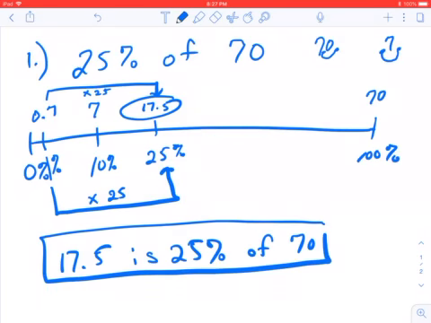Okay, let's try the next one. It's important that you pause this in between and see how much of it you can do on your own, and then you can use the rest of it as a check. All right, let's do